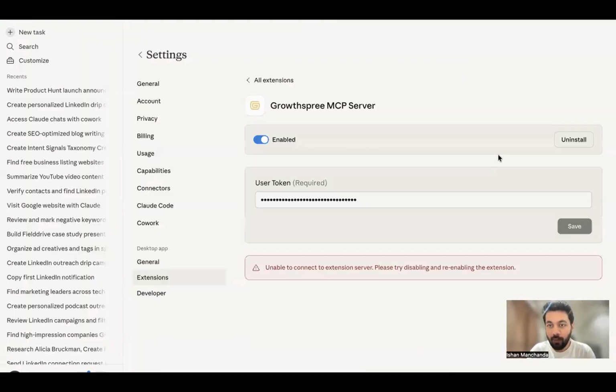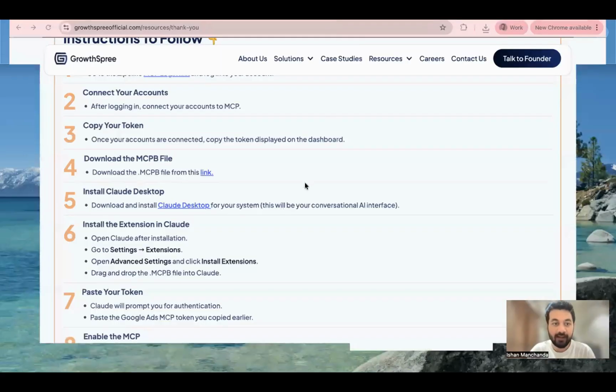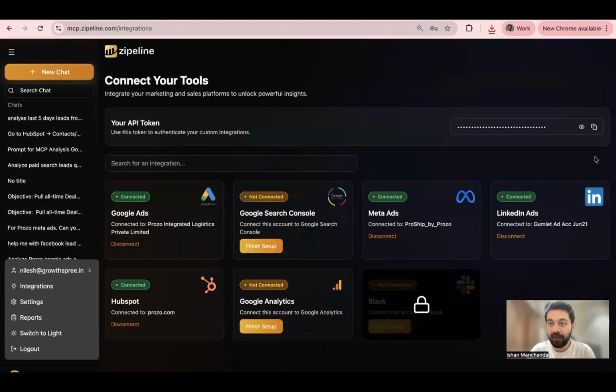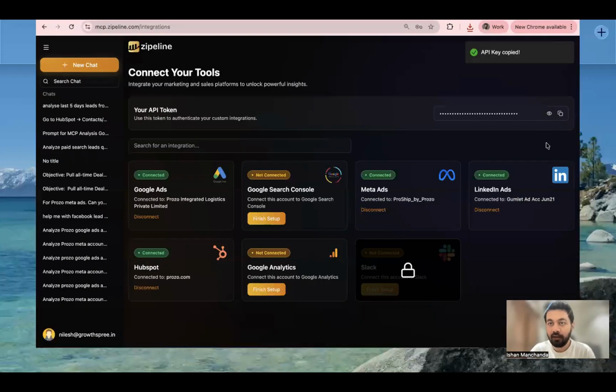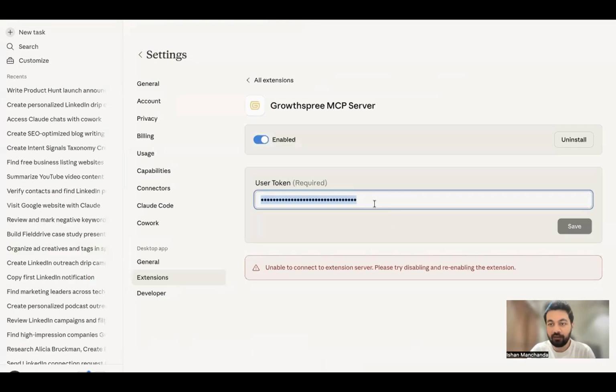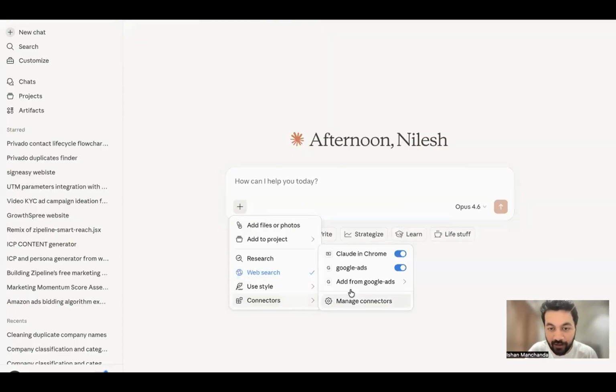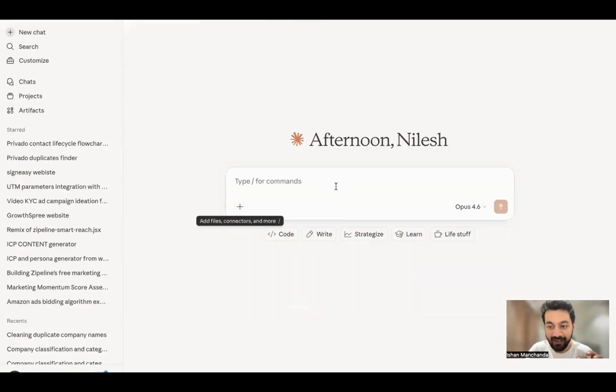Once you click on configure, you can just go back right here, user token. Just go back to the same integrations, the zipline page. This is your API token. You simply copy it and you paste it right here and save it. Make sure this is enabled. Once you do that, you can simply go to new chat and make sure that under connectors, you have the GrowthSpree Google Ads MCP enabled. And then you can start asking,